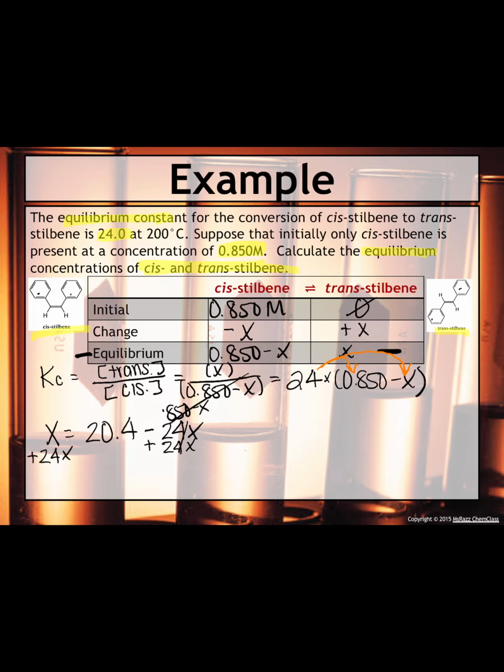Okay, so x plus 24x, I have 25x is equal to 20.4. To get x by itself, right now it's being multiplied by 25. I want to do the opposite to get x by itself, so divide both sides by 25. So x is equal to 20.4 divided by 25. So x is equal to